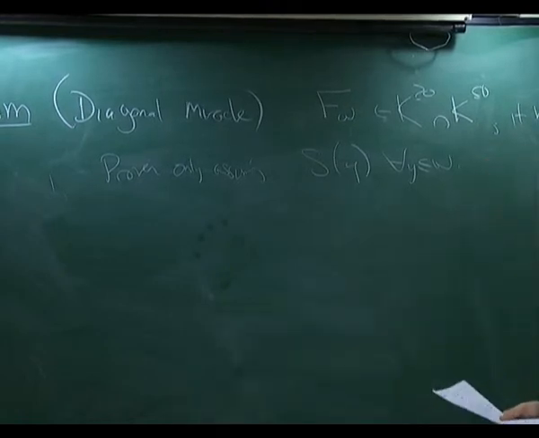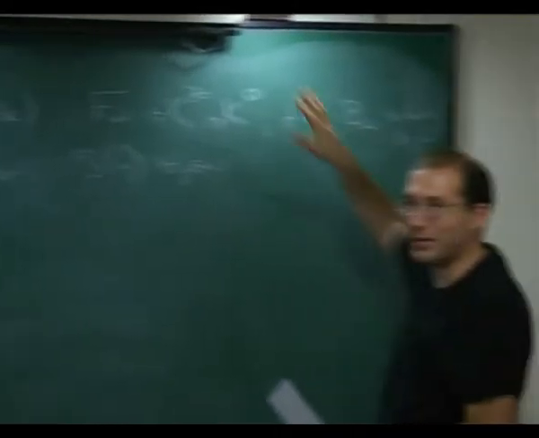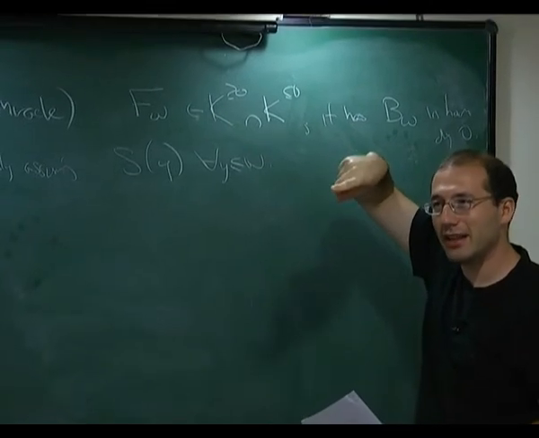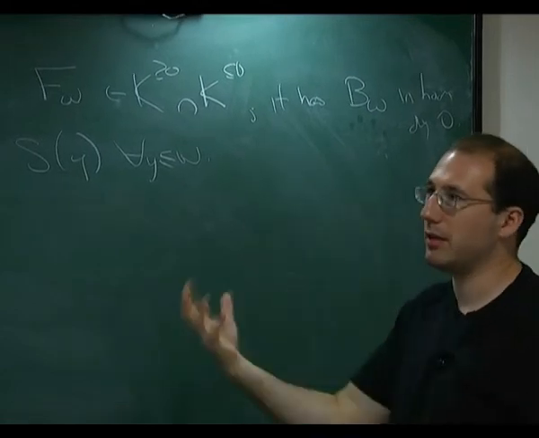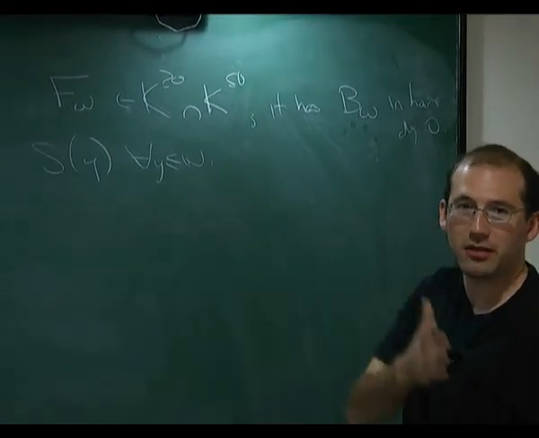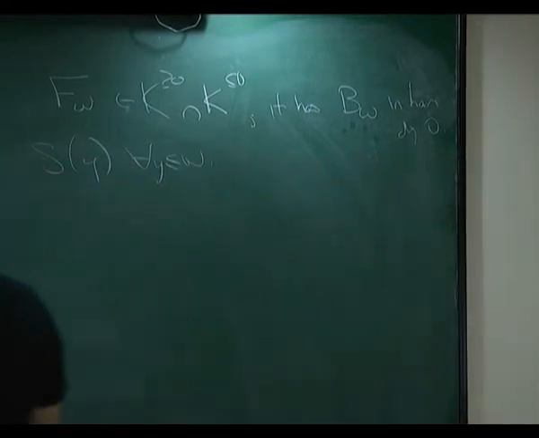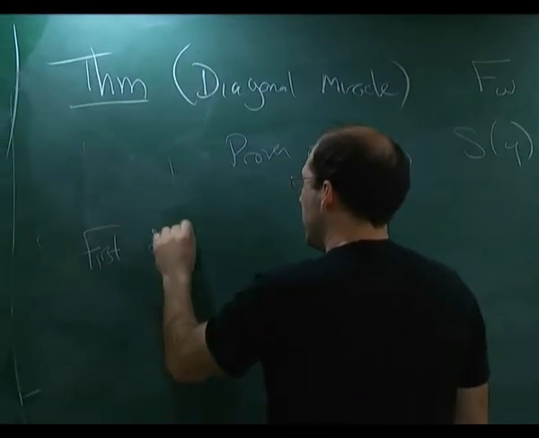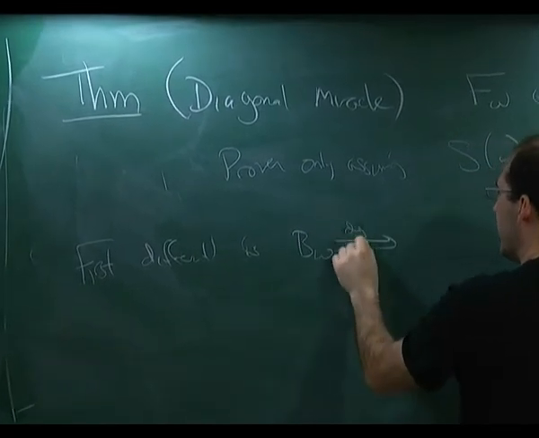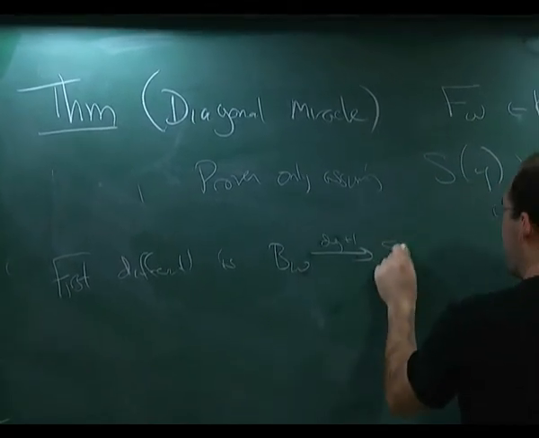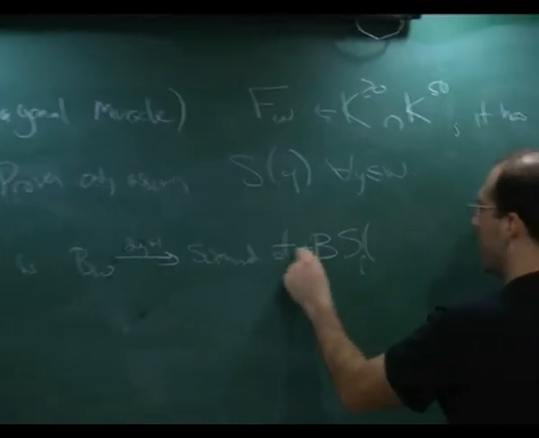And as you may have expected then, the first differential is a map from BW to some summand of these BS I hats. And this is our replacement for sigma. This is going to be our map, which allows us to apply this proposition about how Riemann implies hard left shifts. So you're going to get a complex. So, the first differential is some map from BS of degree 1 to some summand of BS, some direct sum of BS,